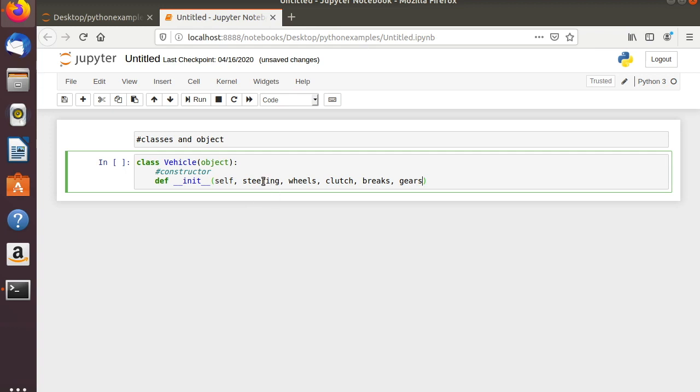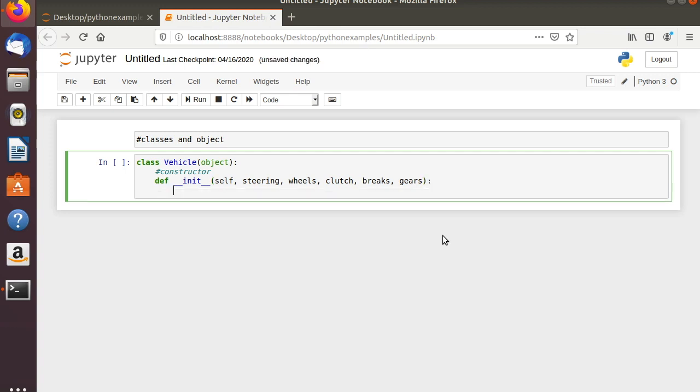Any car, any vehicle consists of these things, right? So we pass these things, and there we will create some variables on the fly, self dot